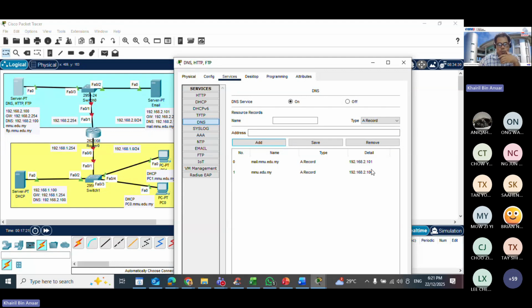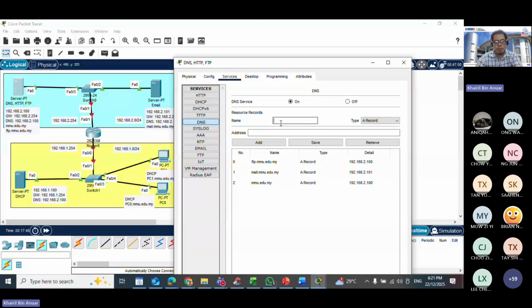Okay, FTP will be the same IP address. ftp.mmu.edu.my. Okay, then the address is 192.168.2.100 also. Okay, similar to your HTTP. So you add.